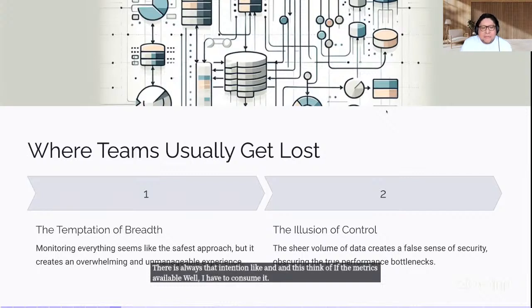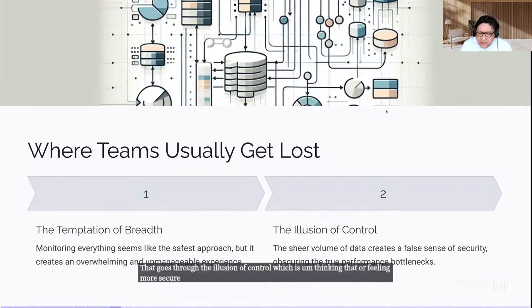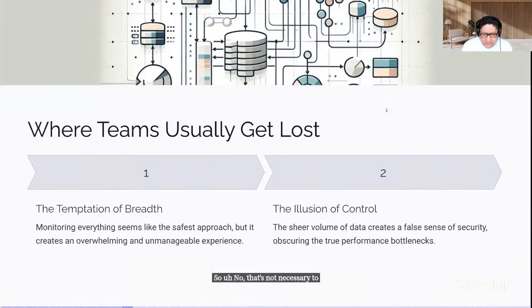If not, why do people make it available? And that goes to the illusion of control, which is feeling more secure if I have more metrics being monitored, more metrics being part of an alert, more alerts being part of a notification. So that's not necessarily true, right?